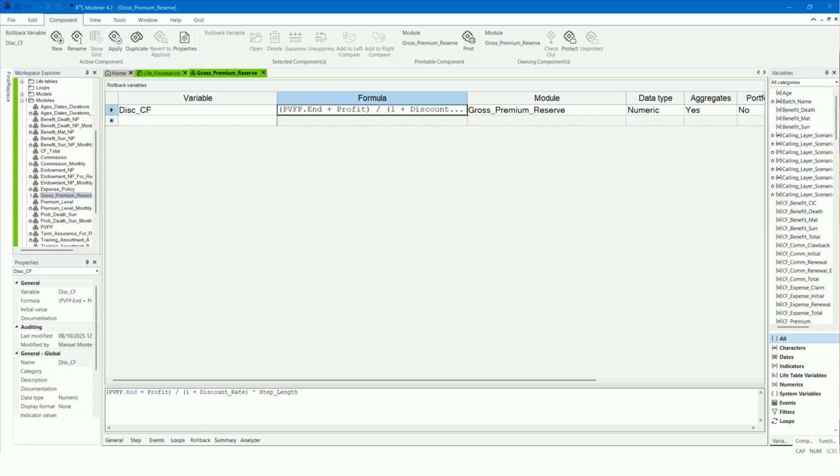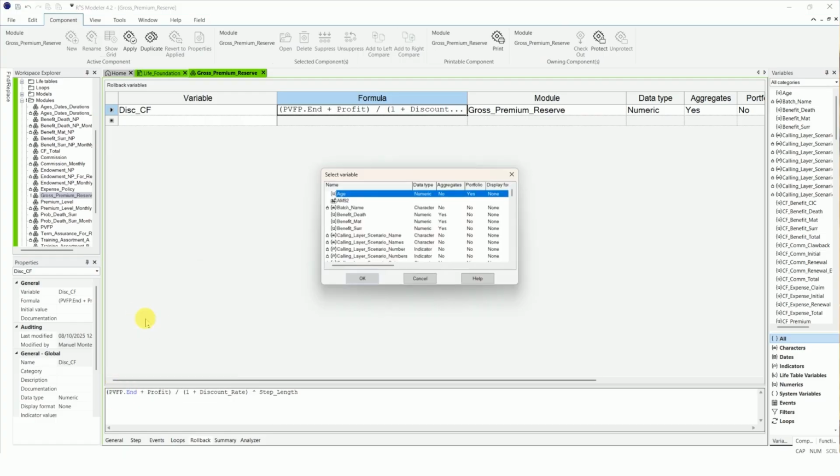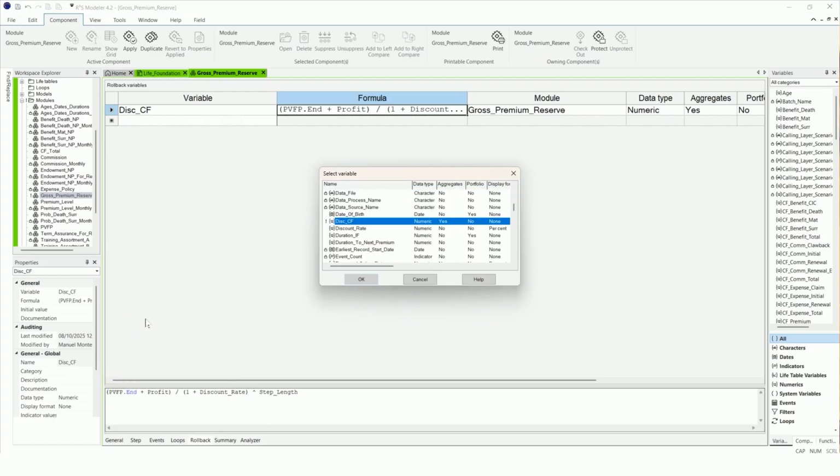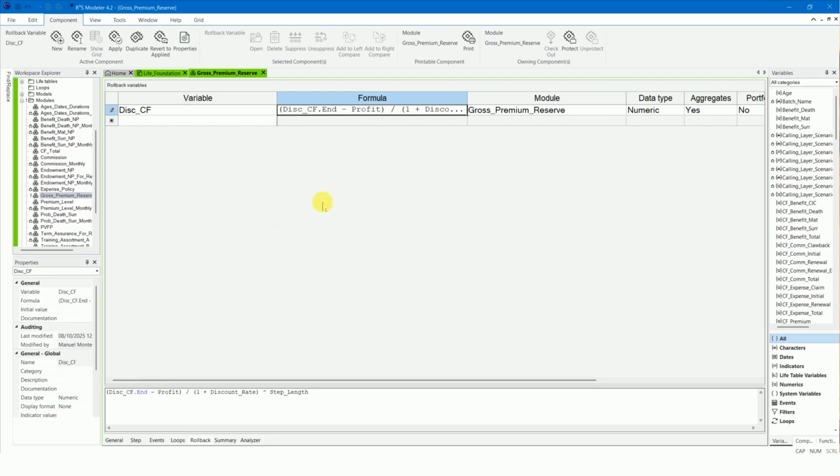The variable DISC-CF needs to be defined as the value of the variable DISC-CF at the end of the step, minus the profit discounted by the discount rate over the projection step. Here we subtract the profit rather than adding it, as variable DISC-CF is meant to be a liability.